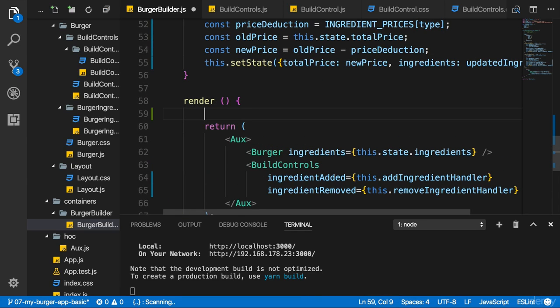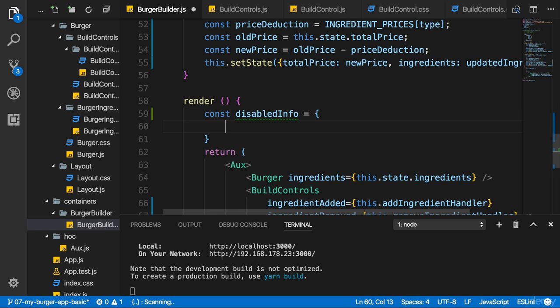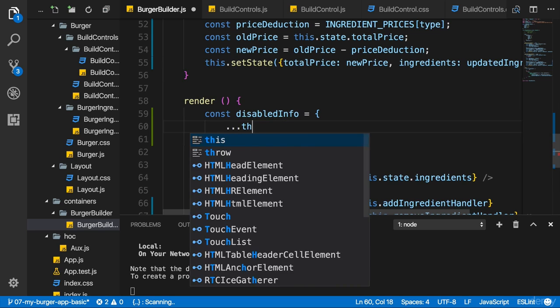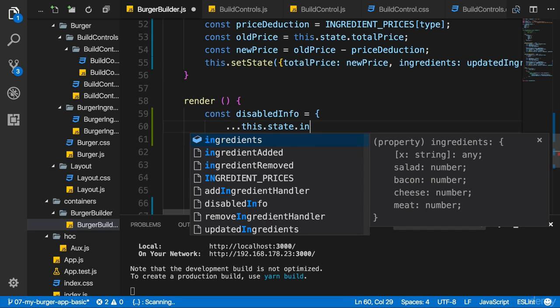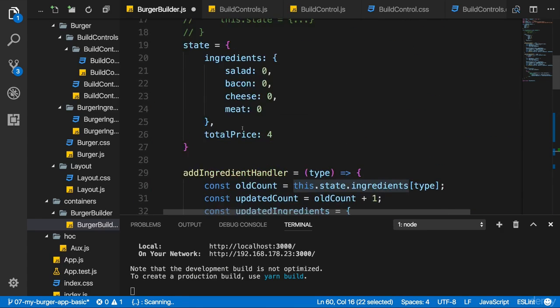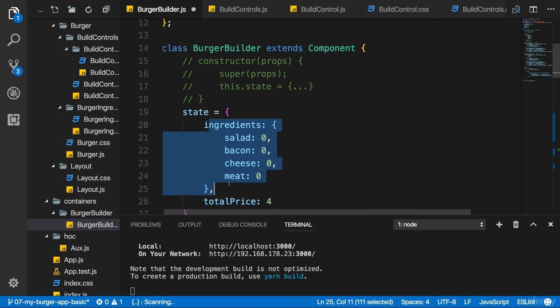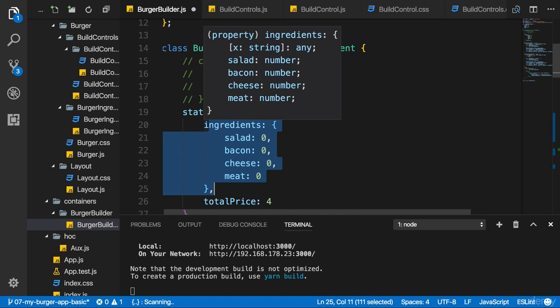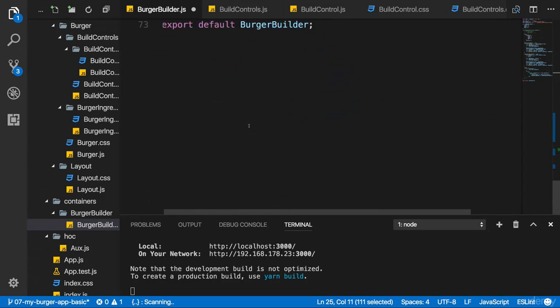And before we return JSX, I will create a new constant which I'll name disableInfo. And there I simply want to create a new object where I will distribute the properties of this state ingredients. Now keep in mind, this state ingredients simply is this object. So I basically copied it in an immutable way.